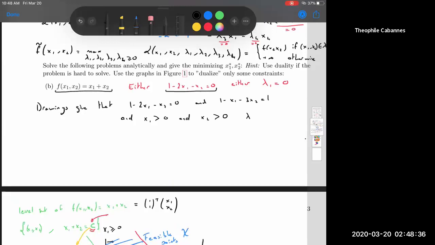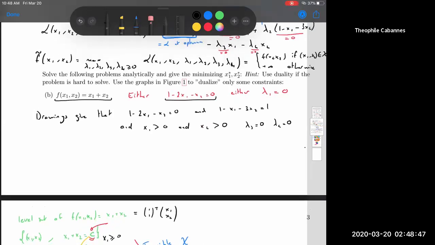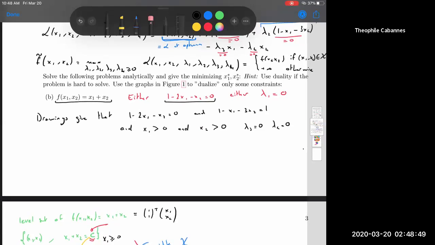So which means that lambda 3 is equal to 0 and lambda 4 is equal to 0. So this is what you assume. Using the drawing, you can assume this. So what you can do is assume lambda 3 is equal to 0, lambda 4 is equal to 0. So now you have the Lagrangian